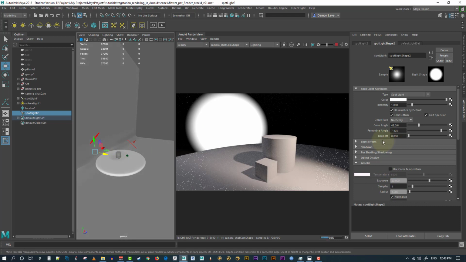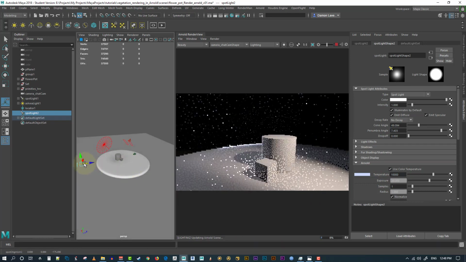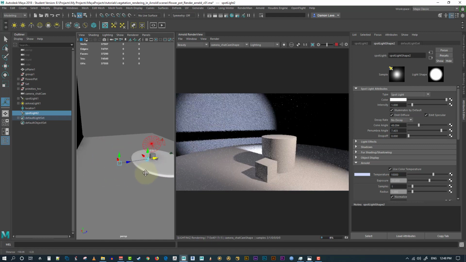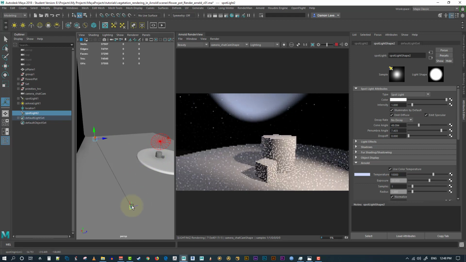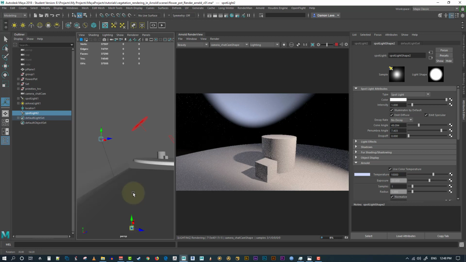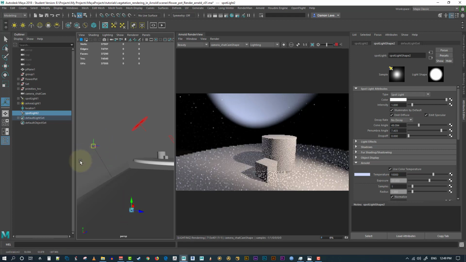Alright, let's make this blue, so I want this. There we go. Alright, so the cool thing is that what I'm aiming for is just to create like a backlight, and this backlight is basically just to light the background. So what I'm going to do is just put the light low down just underneath the table like so, and take this thing